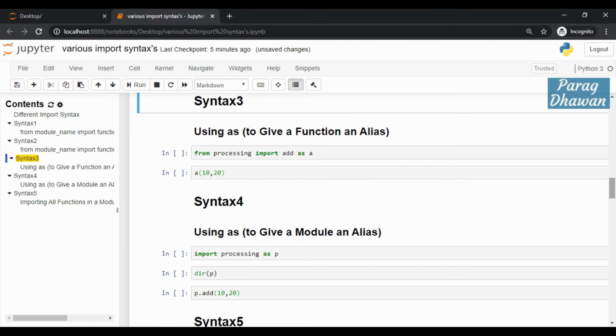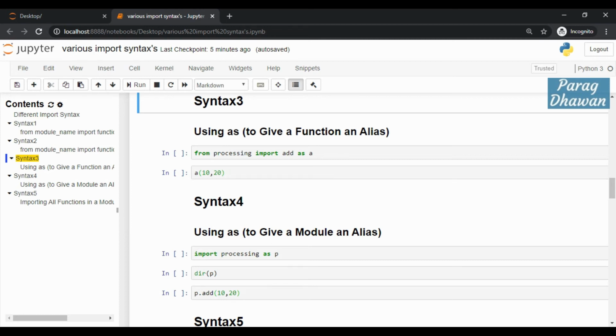Now syntax 3, using aliases. You can give an alias name to a function or you can give an alias name to a module. What is the syntax? From module name import function name as alias name. For example, in this case, from processing import add, and you have given add an alias a.